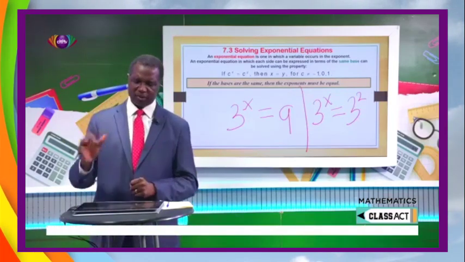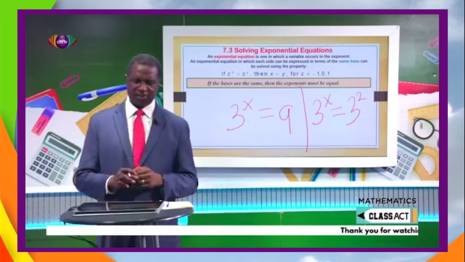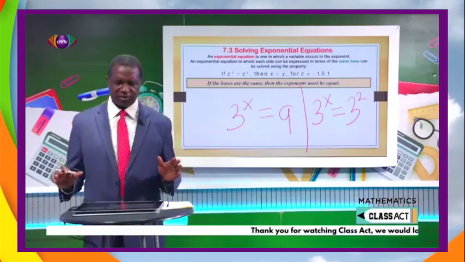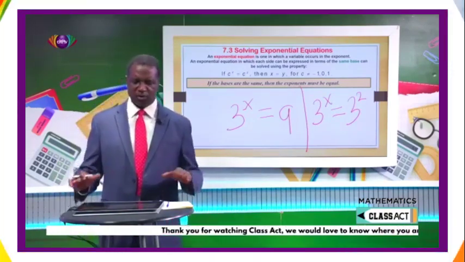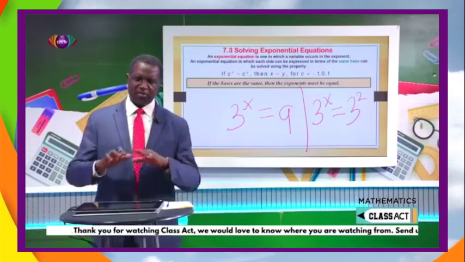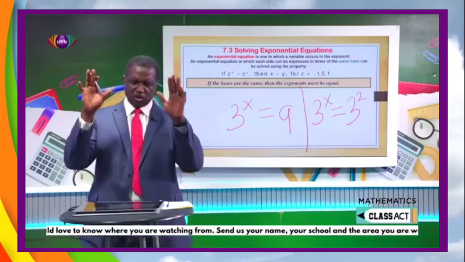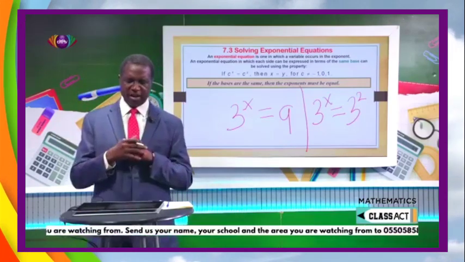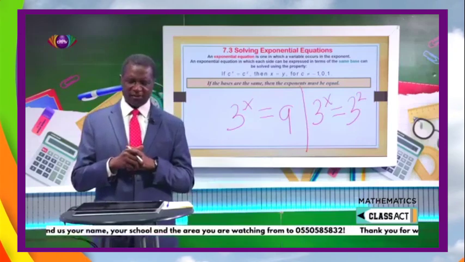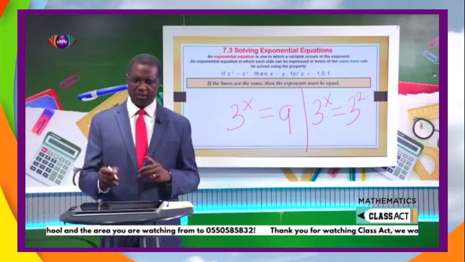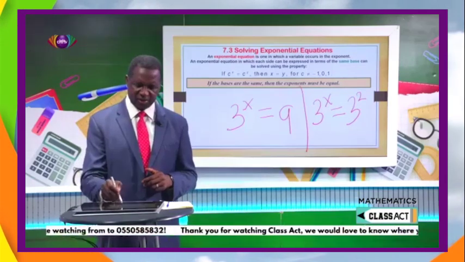So when you see 3 to the power of 2 and 3 to the power of x in exponential equations, this is so simple. We are solving the equations by looking for the unknown in the exponents, in the numbers at the top. Therefore, my answer is going to be x equals 2. Why? Because I have 3 as the base here.